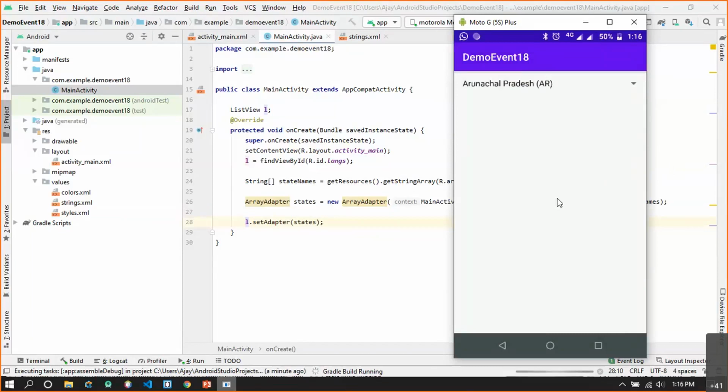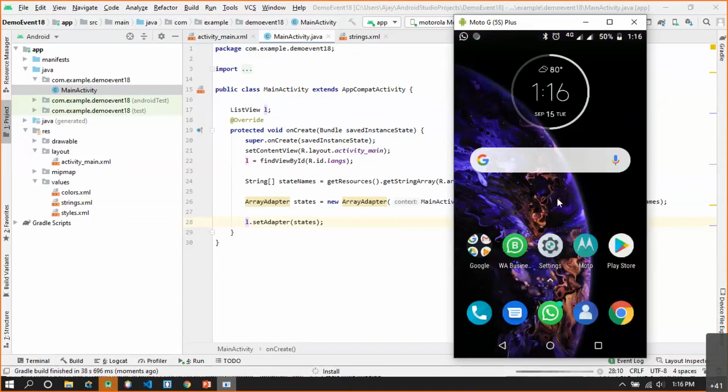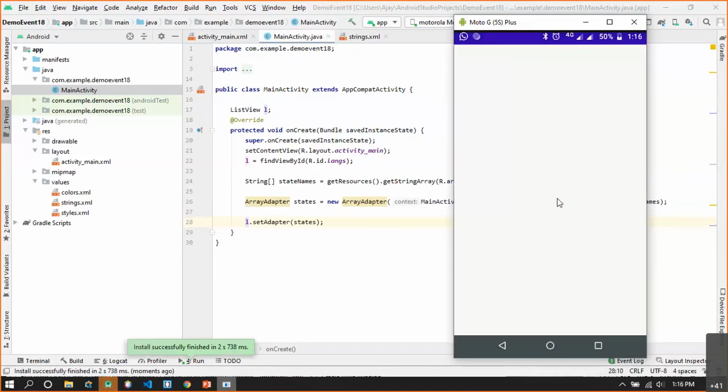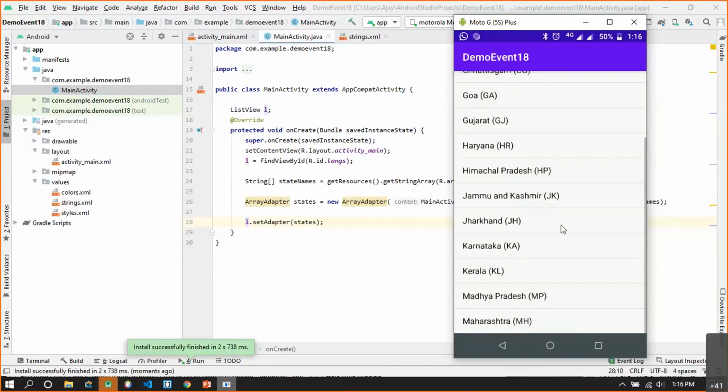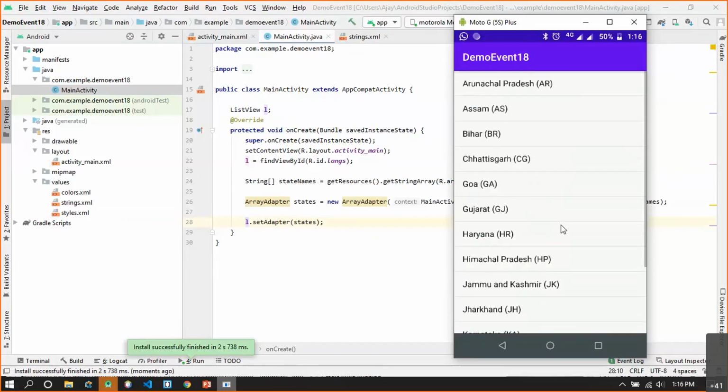Let's wait till it installs. Now it's installing the app, and as you can see, this is a list view. So in a spinner, we can view one item at a time. In case of a list view, it will create a list of n elements. Okay, so this is how you can display a list.